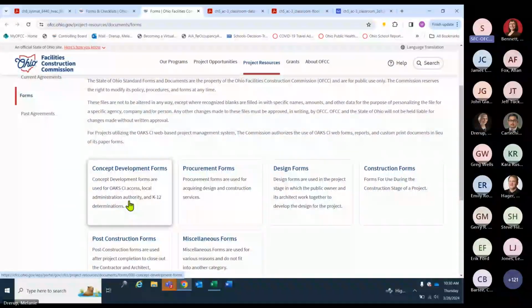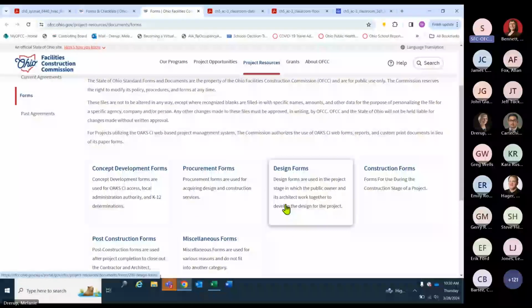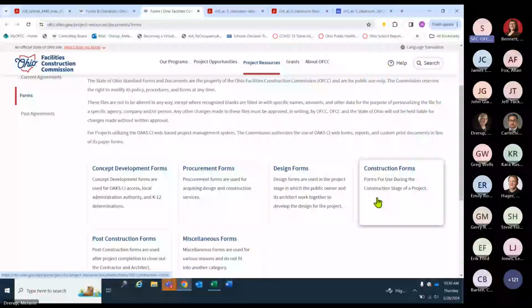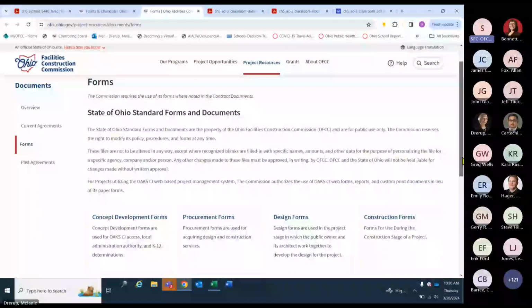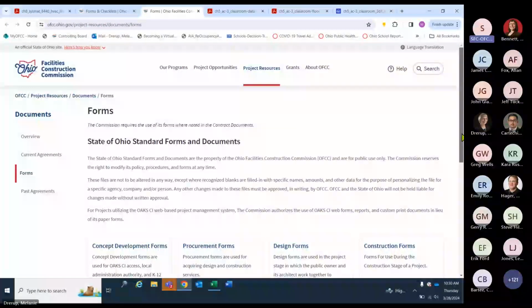Among those are concept development forms, procurement forms, design forms, construction forms, post-construction forms, and other miscellaneous forms. Among those are included change orders, closeout calculators, public bid advertisements, and EDGE requirement checklists.